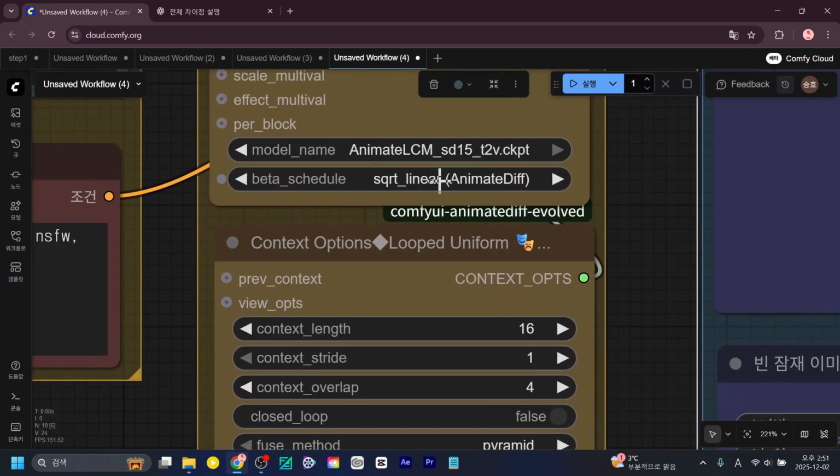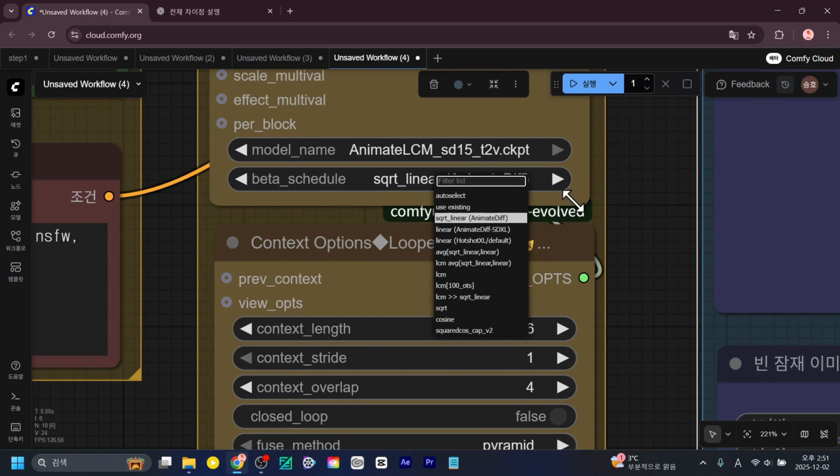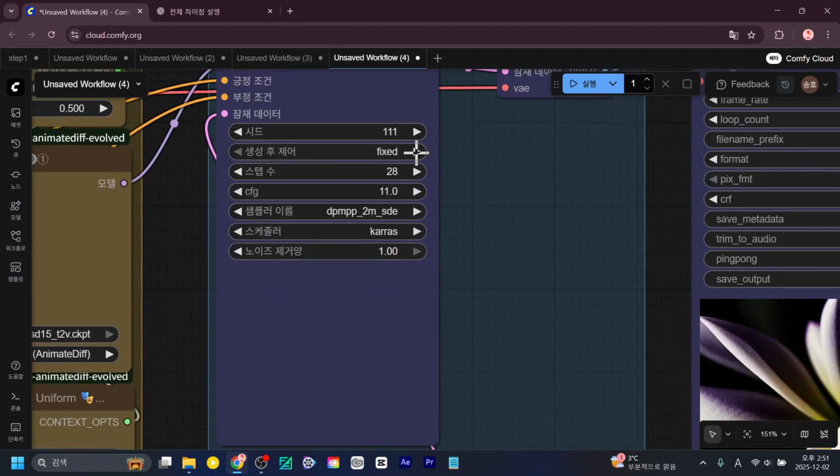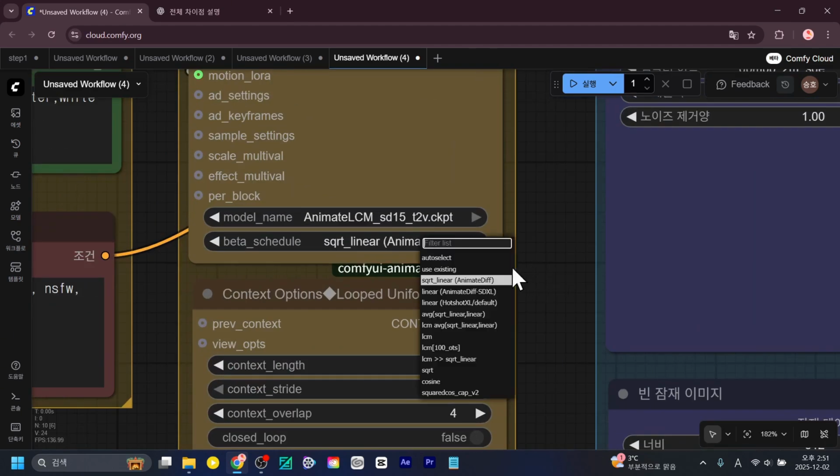Next, if you look at the bottom here, you'll see that there's also a scheduler. Just like with KSampler, all these schedulers are available here as well. So if we look from the top, the one labeled auto is an automatic processing method, but it's not really used much. Exciting adds a bit more variety to the changes, but for animate diff, the third option was actually the most suitable. And this linear option is a version used when applying the SDXL checkpoint, so it's not compatible with the current version. The same goes for hotshot. Although it's SDXL, it's primarily meant to be used specifically when ControlNet is actively applied, so it's generally not suitable